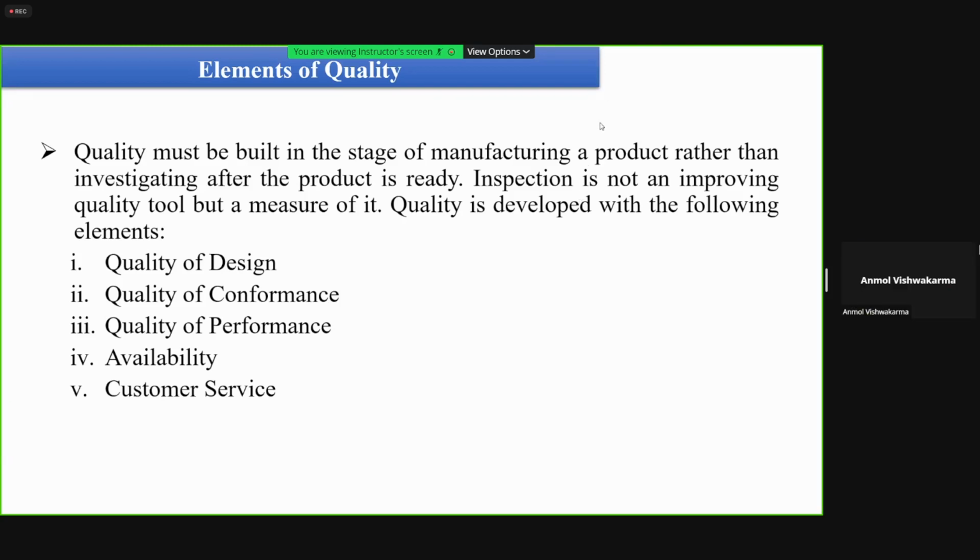Sir, coming to quality characteristics, if we lab test the product, under what factor will it come? If we test the product in lab. Yes, sir. It will be functional, or what will it be? It will not be physical, but what will it be?